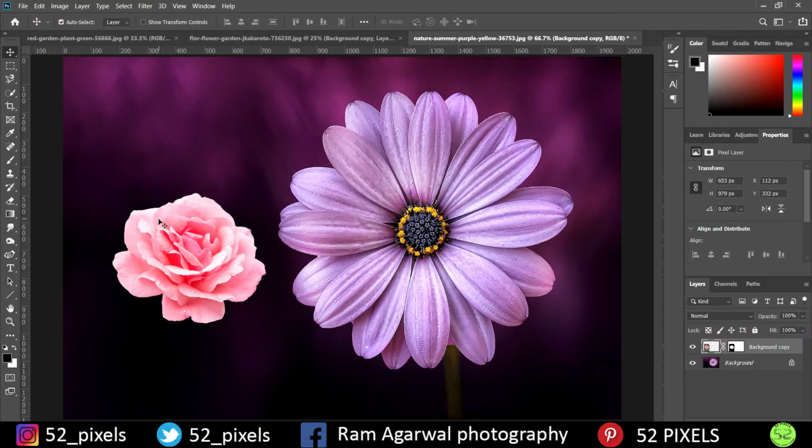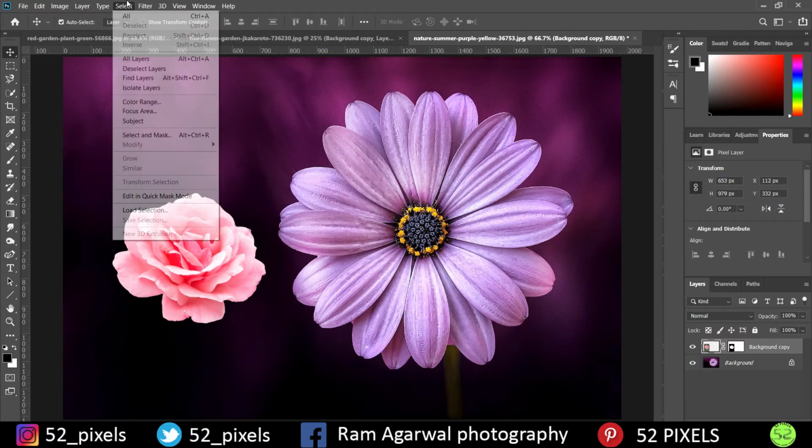Of course, there are various other ways, as we discussed earlier. We have color range, we have subject, we have the quick select tool, we have the magnetic lasso tool, we have the lasso tool, we have channel mask, we have every other option to do the selection. But there are some parts of a selection that always get messed up, and they don't look so good. For that, there are other options that we can try. One such option is the focus range.